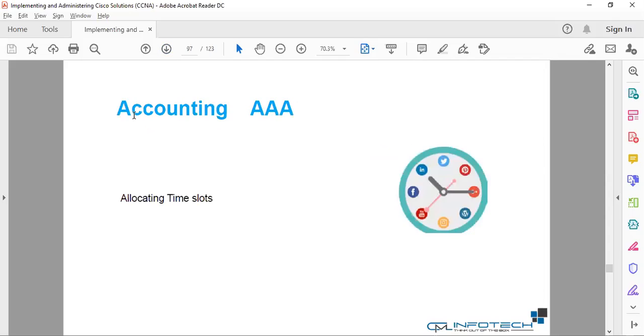Then we have accounting. Accounting is nothing but putting a time slot. Let's say you come to join in the morning at 10 o'clock until 5 o'clock. That's your working hours. If you try to log in after 5 with the same username and password, you cannot. This is what we call